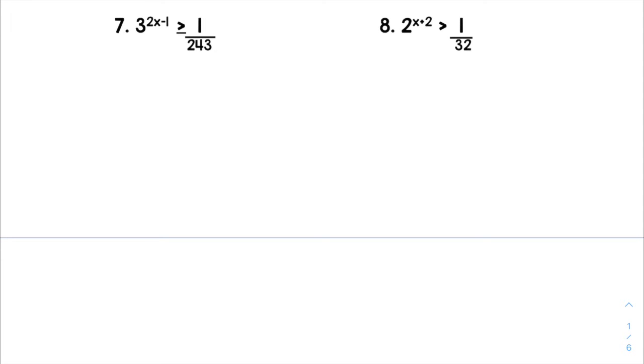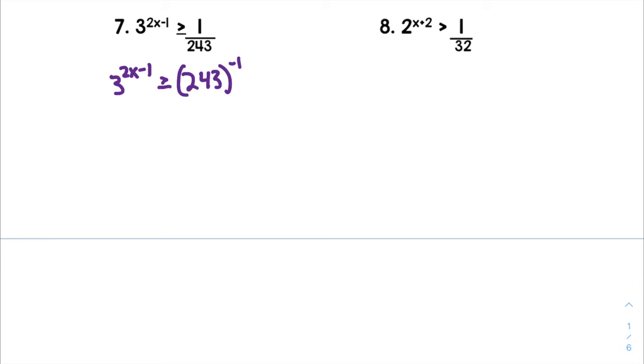1 over 243 we can make into a base that's not a fraction with a negative exponent. Our new inequality would be 3 to the 2x minus 1 is greater than or equal to 243 to the negative first. A couple chapters ago, we learned how to make negative exponents into positive exponents. Here, since we have 1 over 243, I could rewrite that so it has a base of 243 to the negative first. We now have to figure out how to make both sides have the same base,